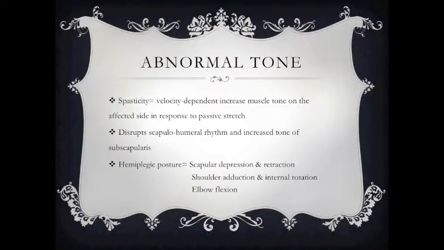Abnormal muscle tone post-stroke is considered to be one of the primary causes for hemiplegic shoulder pain. An example of abnormal tone would be spasticity, or velocity-dependent increase in muscle tone on the affected side in response to passive stretch. Abnormal tone disrupts the scapulohumeral rhythm and contributes largely to the hemiplegic posture seen in clients post-stroke. For example, the increased tone of the subscapularis results in shoulder adduction and internal rotation. Since most functional activities require shoulder abduction and external rotation, this increase in tone often contributes to extreme pain during